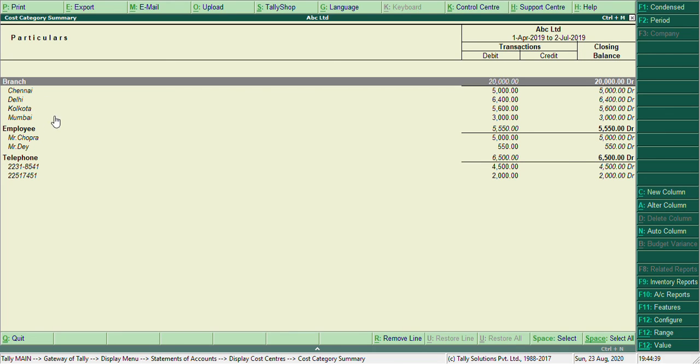Here it is showing the total expense of 20,000 has been allocated, how it is, and the different employees, what their expenses involved, their incentives as well as their expenses are also shown here, and the expense of telephone is also shown here.